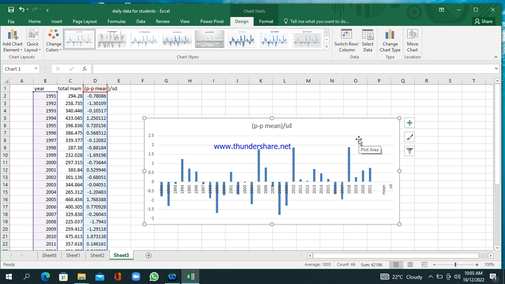So for the most wet you can take even 2010, and you can take 2008. By taking these two years, in these years